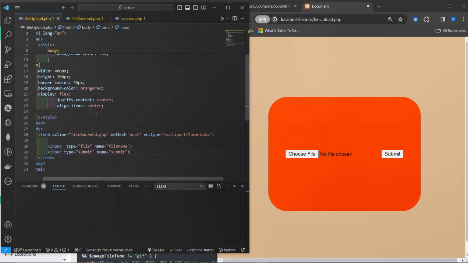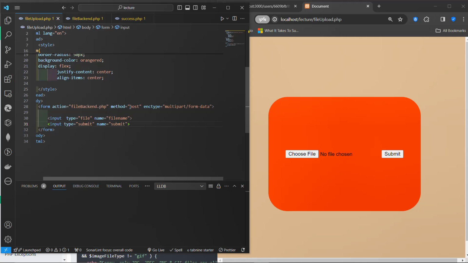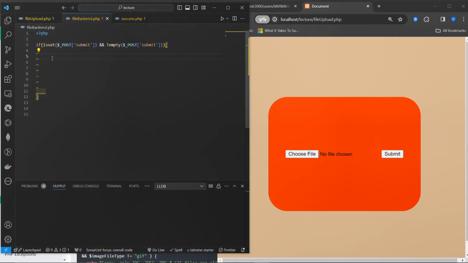So I told you that since we are using global post method, we are using the method post here. So whatever is inside of this file, if it is first name, last name or middle name, you grab it. You grab it with what? The global post. Except when it comes to what? File. When you call for any other thing, whether your submit, your username, your input, any other stuff, you grab it with the global post. But when it comes to file, you already have what? A global file to do what? Grab that